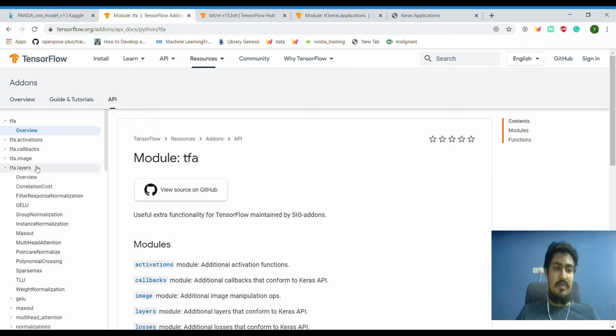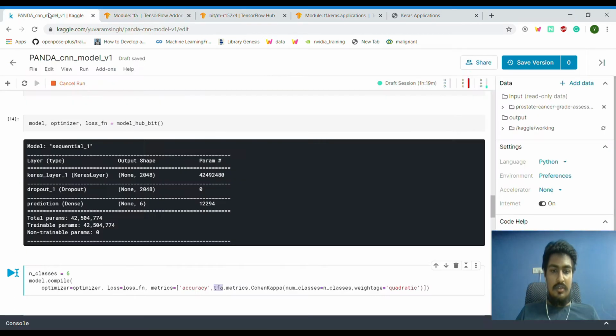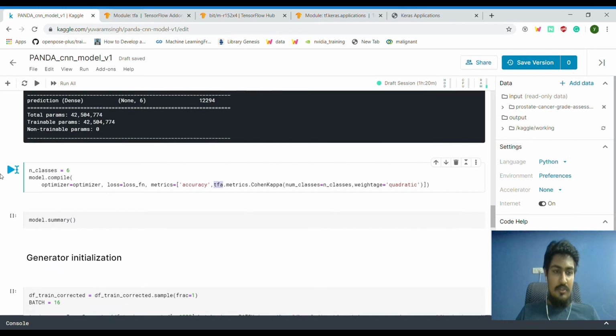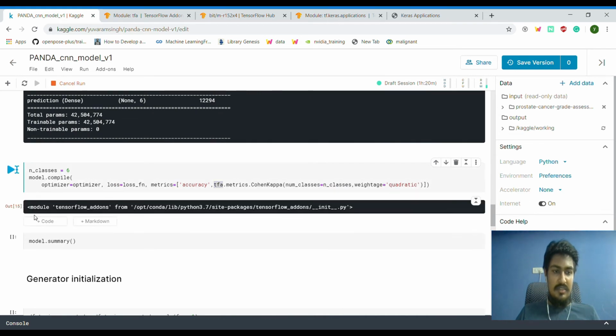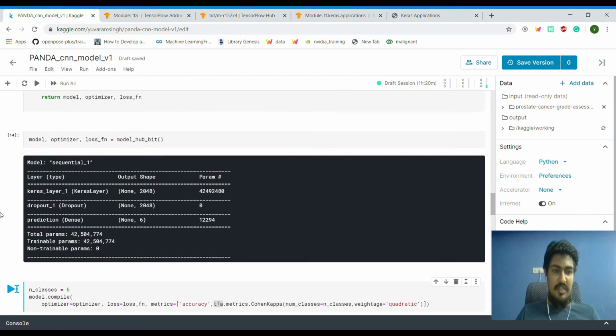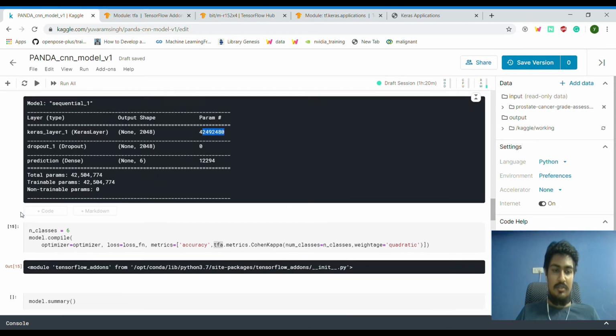There could be some implementation for what you're looking. So yeah, that's the thing. That is done. We are just going to compile it, and this is the model summary. Here you can see the Keras layer, which is going to contain the BiT 101 model for us. You can see a lot of parameters. I don't know the actual number count, lakh or million or whatever, so I'm going to give it up to you guys to decide.